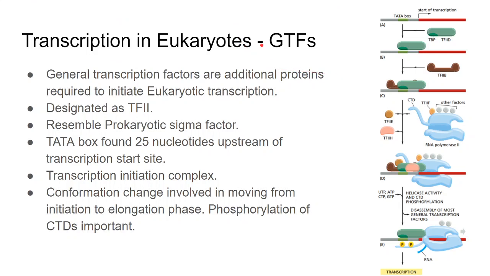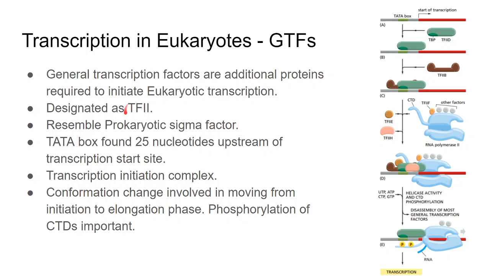So what are the additional protein factors? GTF stands for general transcription factors. These are called general transcription factors because these are factors that are required for transcription of most genes. So these are proteins required for most eukaryotic transcription to occur. There are additional transcription factors that can dictate the transcription of certain genes, but that's more of cell biology and a little less of the process we're talking about right now. There are many other transcription factors which are specific, but we'll talk about only the general ones which are required for all of the transcription to occur.